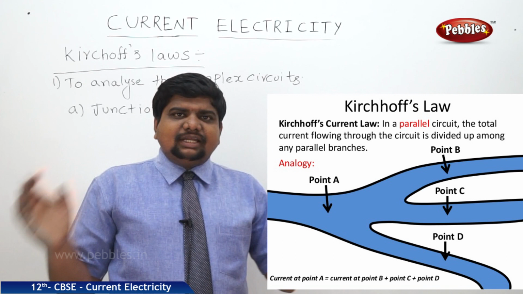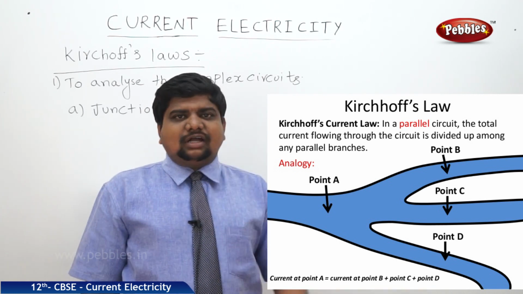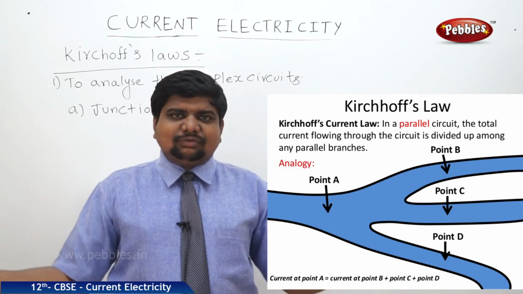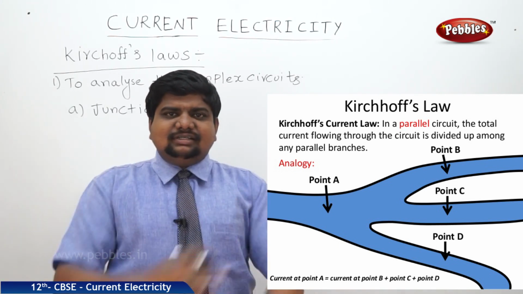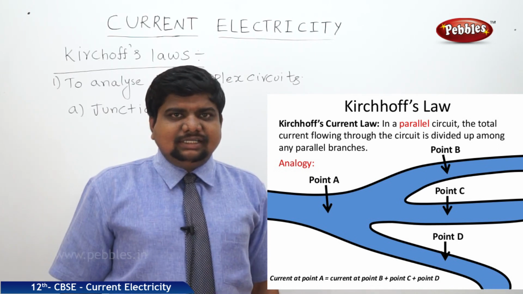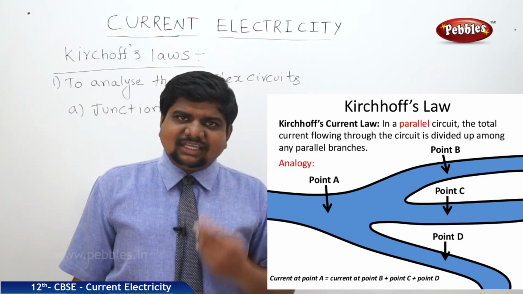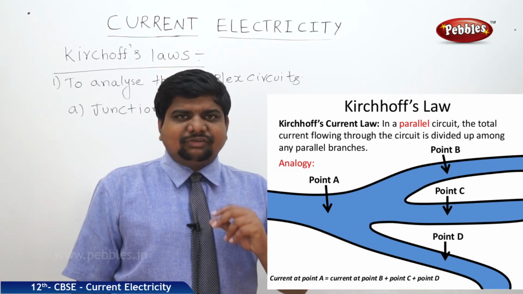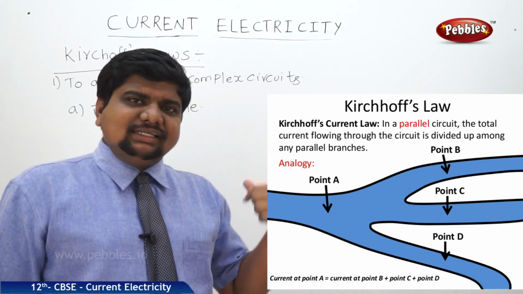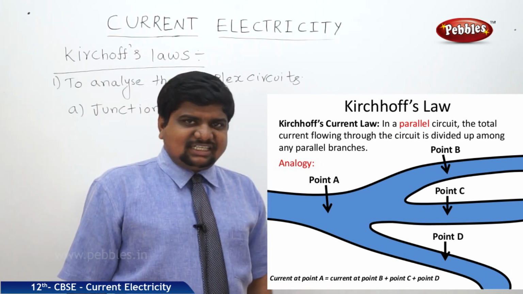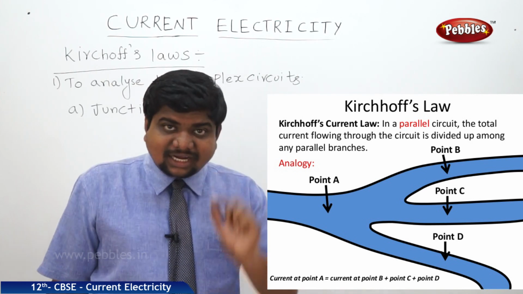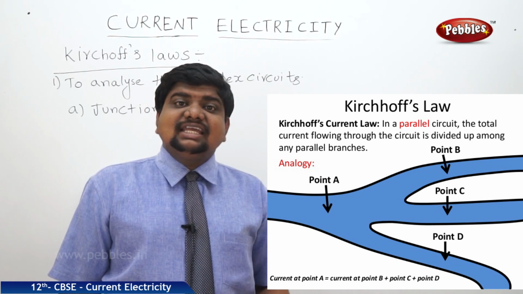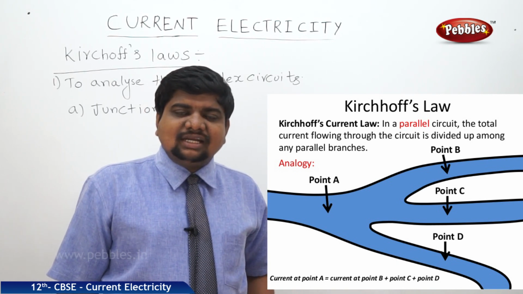We know that at a traffic signal, a four-road corner, two roads are in and two are out. All will gather at one junction, and then they will disperse from that common point. So junction means some inflow is there and some outflow is also there. That is the roadside nature of traffic. We can apply the same thing to current also. What is the meaning of the junction rule? The algebraic sum of currents entering a junction is equal to the current leaving the junction.